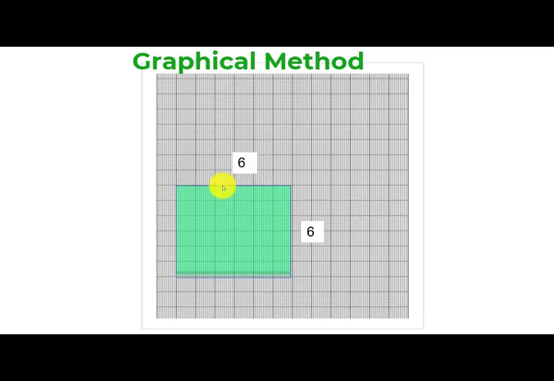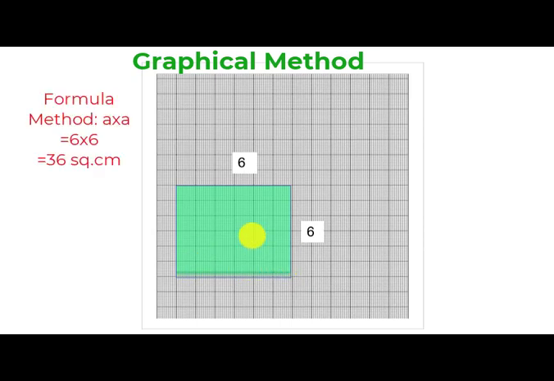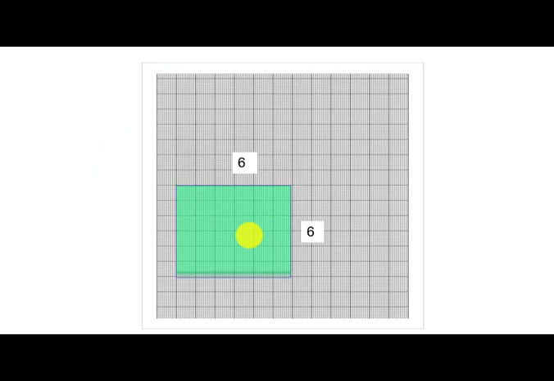What is given? You have to draw the figure, and the side of the square is 6. If you multiply 6 by 6, it is 36, is it not? Then if you count the number of squares here, you will get 36, and also the area of the square is 36 centimeter squared. So you have to tabulate in this tabular column. The remaining part 2 you have to do by yourself.